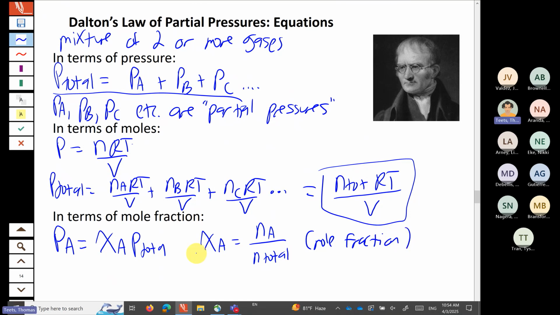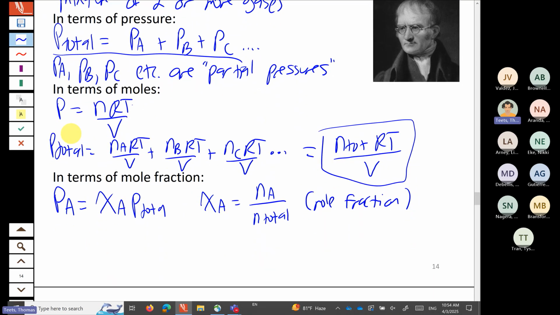So on some level, pi here is just another concentration unit. It's telling you what the ratio of one gas is in a mixture as a function of the number of moles of gas for that one over the number of moles that are total. So what that allows us to do then is take this additive formalism that we started with,